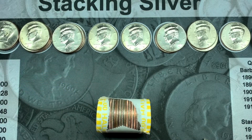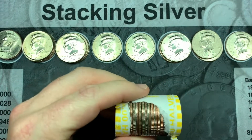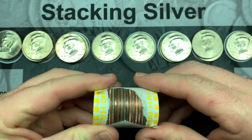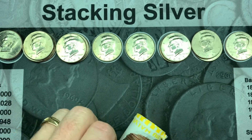So unfortunately, I'm not necessarily stacking silver as the placemat implies on this box, but I wanted to bring you guys back in because look at how many NIFCs it looks like we're going to get out of this roll. Again, I don't know exactly